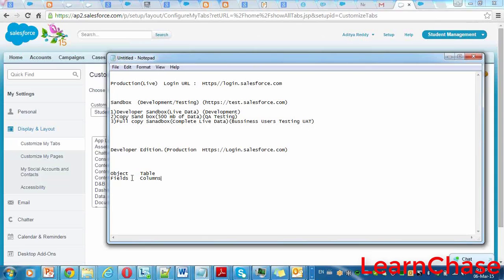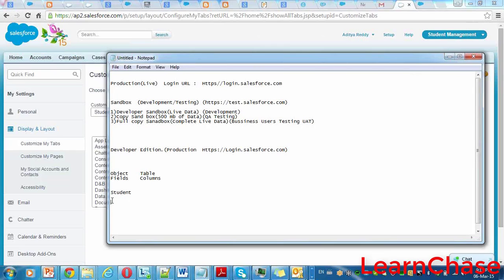Creating an object is also point and click only, which I will show you now. I'm creating an object of student. First we'll discuss here, then we'll go and create the object there. First I want to track the details of students, that's why I'm giving the object name as student. And what are the features that the student object has?